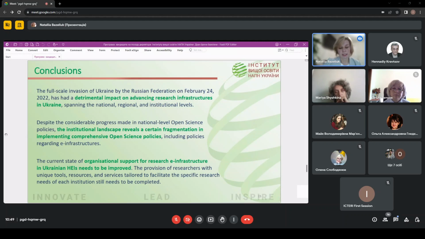The level of awareness and engagement in developing research infrastructure is relatively low among employees of IT departments and library workers, noticeably lower compared to other categories of staff. Furthermore, there is a notable discrepancy in the perception of the existing research infrastructures within the realm of